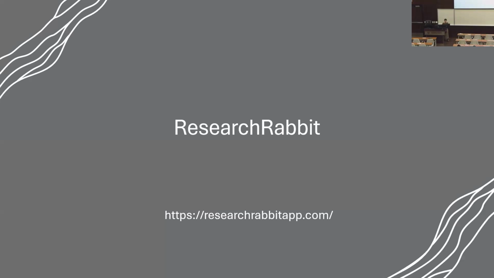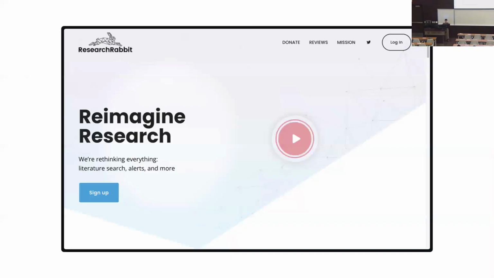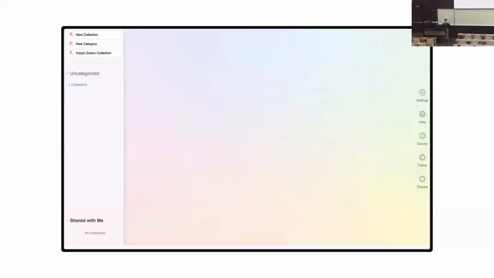Next, I want to talk about how you find relevant papers. So one tool I really like to use is called ResearchRabbit. How many of you are using ResearchRabbit? One. Okay, great. So what's really nice about ResearchRabbit is that